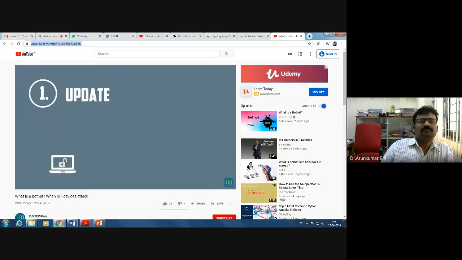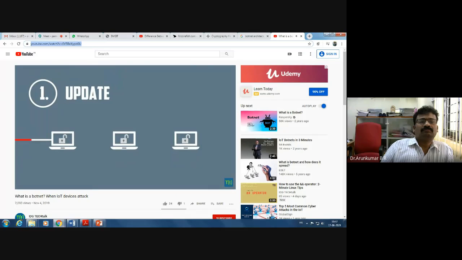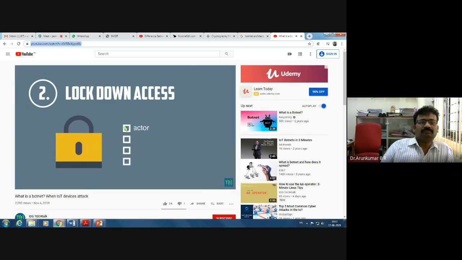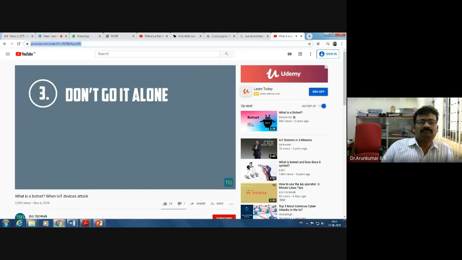1. Update. Botnets use unpatched vulnerabilities to spread from machine to machine so that they can cause maximum damage in an enterprise. The first line of defense should be to keep all systems updated. 2. Lock down access. The guide recommends that enterprises deploy multi-factor and risk-based authentication, least privilege, and other best practices for access controls. 3. Don't go it alone.